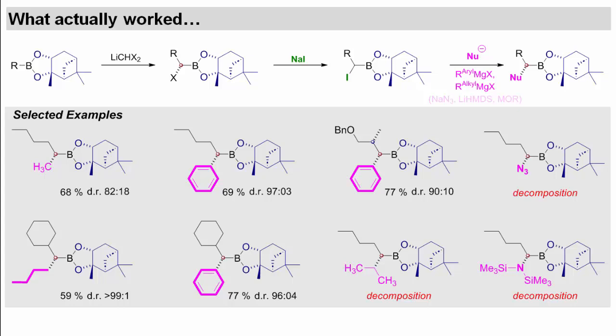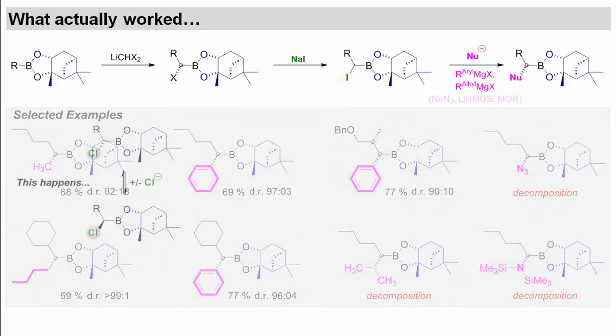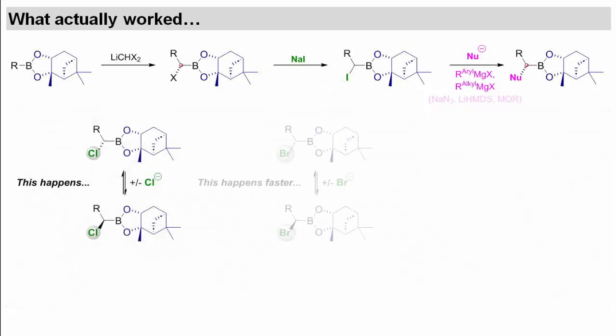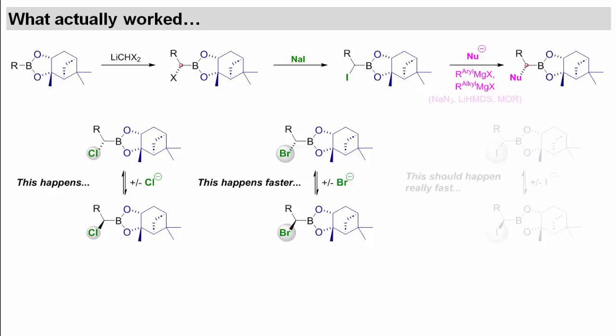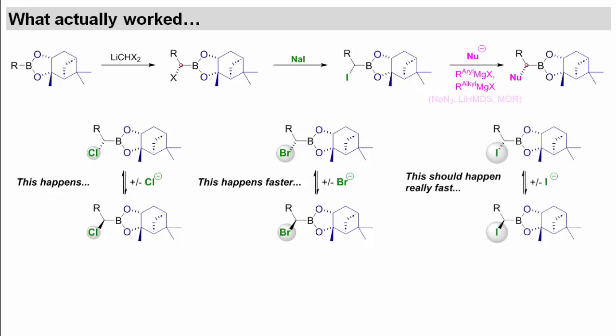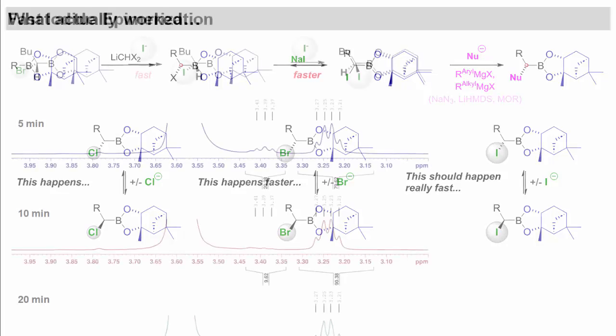Those who are not regularly working with alpha-haloboronates might not be that surprised by this, as iodide is both a good nucleophile and an excellent leaving group. So isn't it a perfect candidate for our original idea? Well, actually it was a bit of a far shot. Alpha-bromoboronic esters do have a much greater tendency to undergo isomerization than their chloro counterparts. Therefore, we expected alpha-iodoboronic esters to isomerize even faster. And, fun fact, they do.